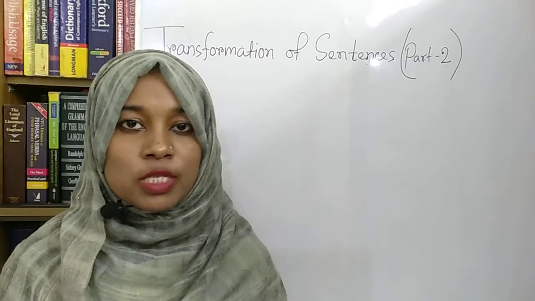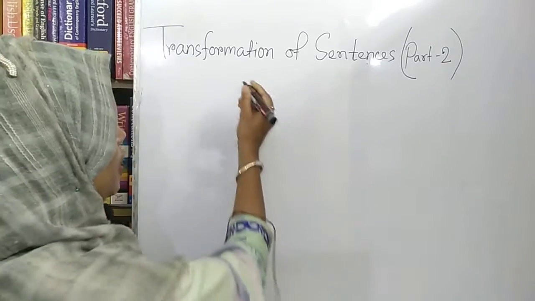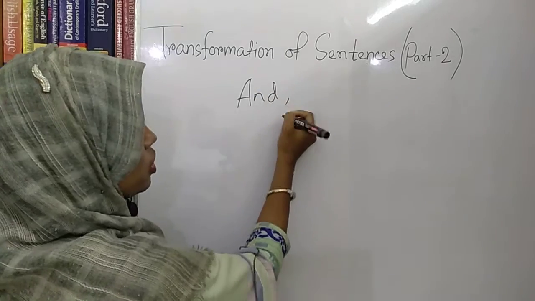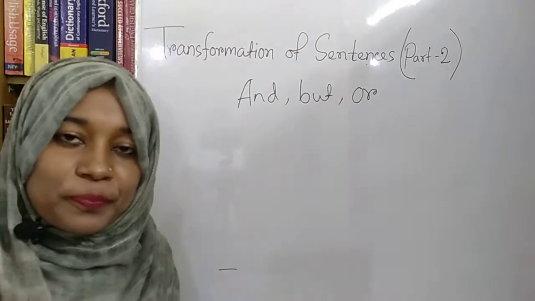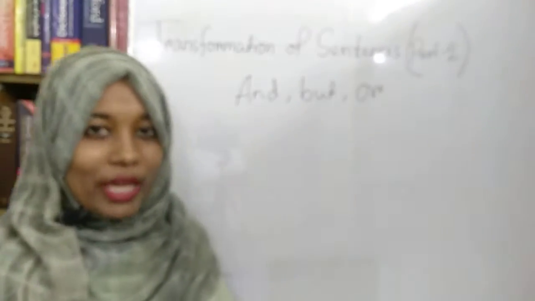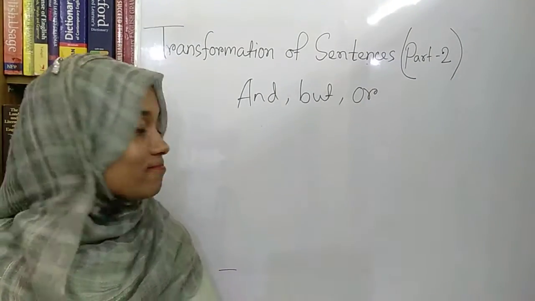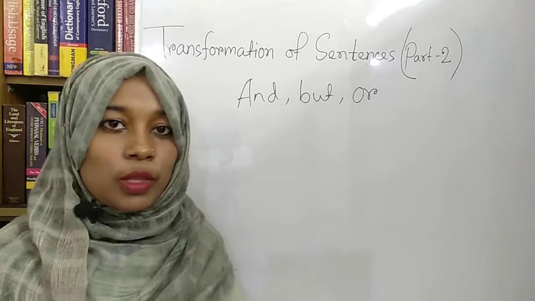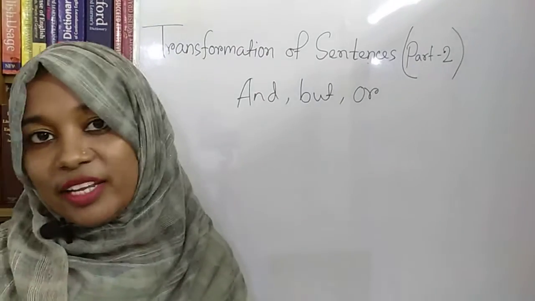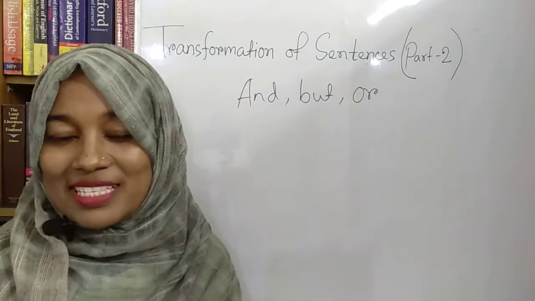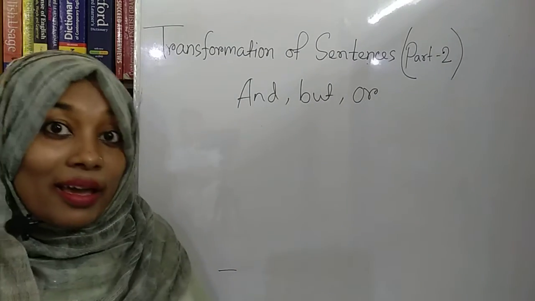We mainly use 3 coordinating conjunctions. They are and, but, and or. When we use and in a compound sentence, if there is a logical connection between two clauses in a compound sentence, we use and, as